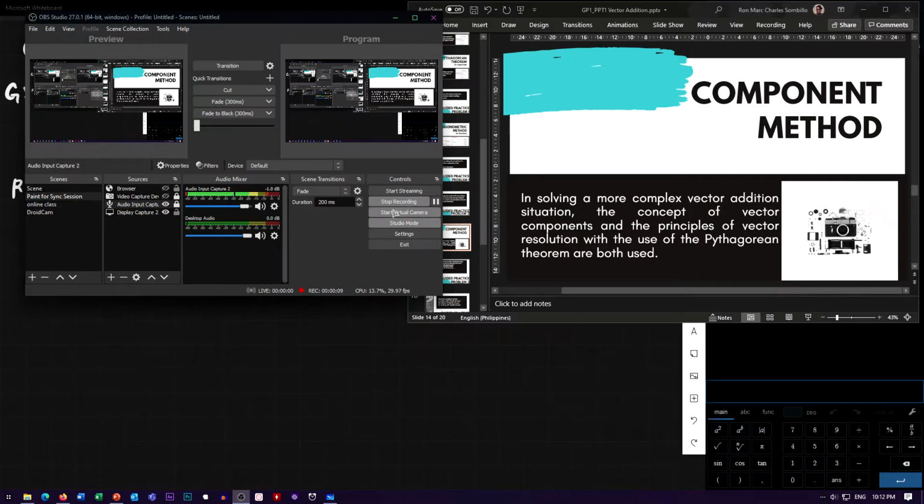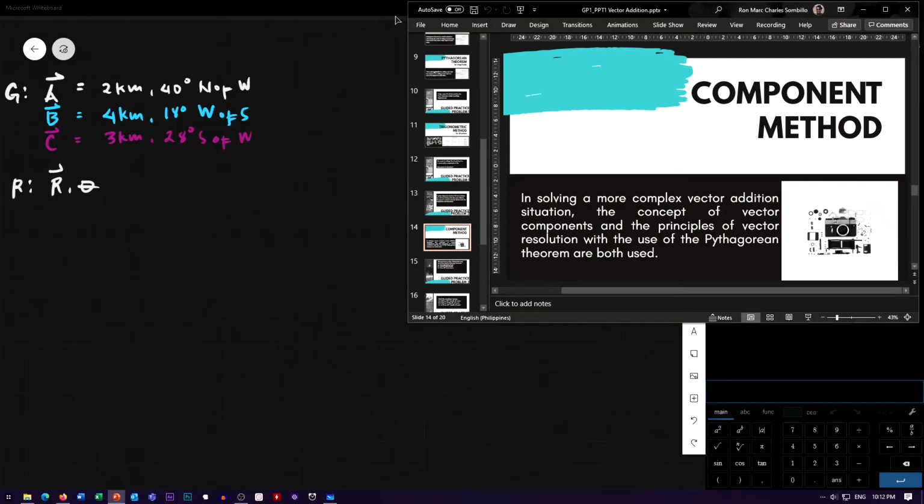Now that we have covered the Pythagorean Theorem and, of course, the use of trigonometry in determining the direction of the vector, we are now ready to delve into a more complex form of resolving vectors, which is known as the component method. So, as a review,